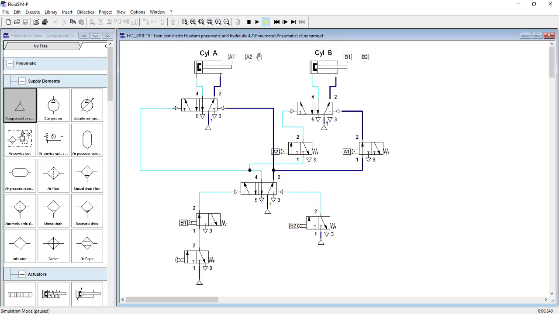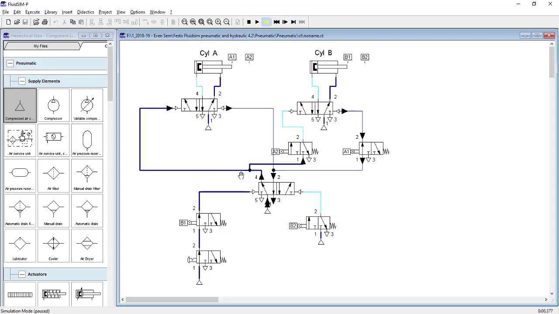Now just to understand how this works, let us see. I will start it. Initially this was off, so compressed air was not being sent over here. Now as soon as I turn this on, compressed air is sent forward. This compressed air will be sent further forward to this 5x2 direction control valve. Then this 5x2 direction control valve will get active. And as soon as it gets active, see, air will now start flowing to the left port, to port number 4. Okay, see, air has started flowing to port number 4.